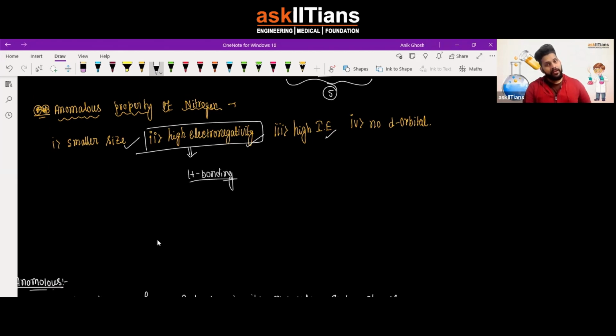This hydrogen bonding is there in group 16 first element, which is oxygen, and group 17 first element, which is fluorine as well, correct? So this is going to be a common thing for all three of them because of the high electronegativity that they have. No d orbital. We have just seen that because of their unavailability of d orbital, their valency